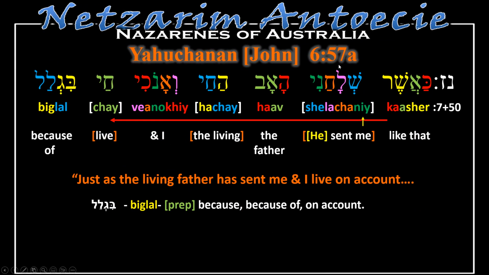As we're in 57, how is it represented? With a Nun, which has a value of 50, and a Zayin, a value of 7, being the seventh letter of the alphabet. So let's go through the letters. Kaf, Aleph, Shin, Resh. Shin, Lamed, Chet, Nun, Yod, Hey, Aleph, Vet, because there's no dot. Hey, Chet, Yod, Vav, Aleph, Nun, Kaf, Yod, Chet, Yod, Bet, because of the dot. Gimel, Lamed, Lamed. And we will now begin by reading.